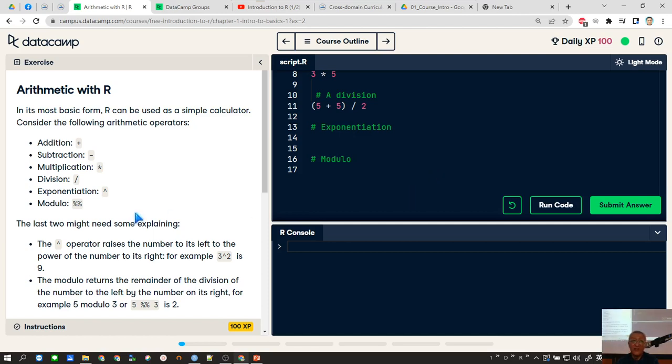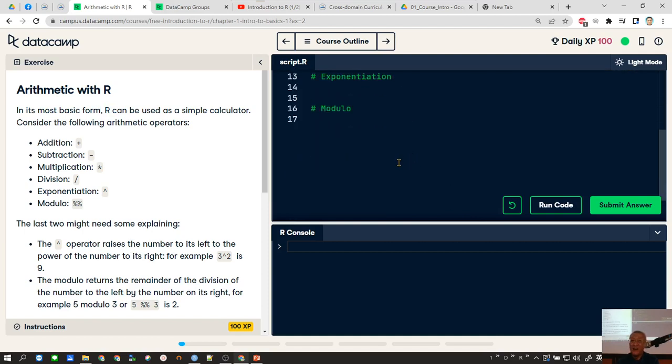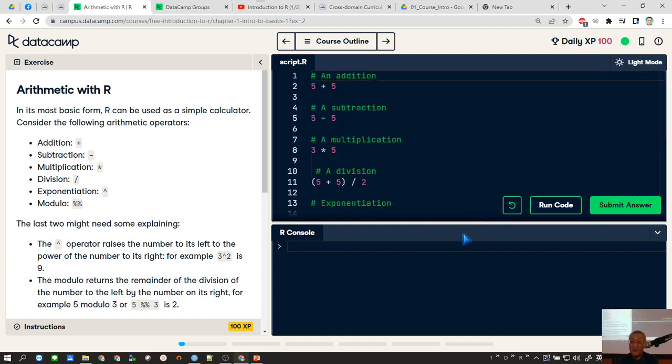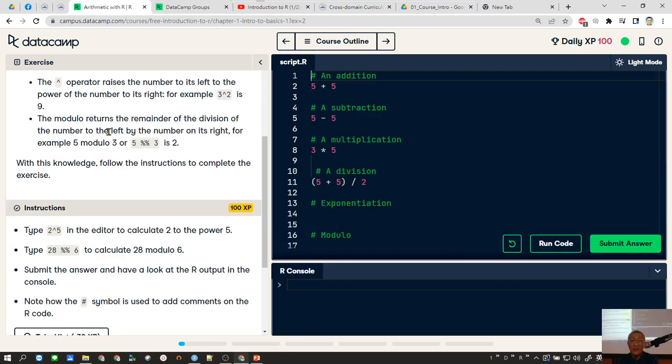As you can see, this exercise is teaching you some arithmetic operators, right? It gives you some operators, some samples, and lets you do some exercises. So you just follow what it wants you to do. For example, here it wants you to do